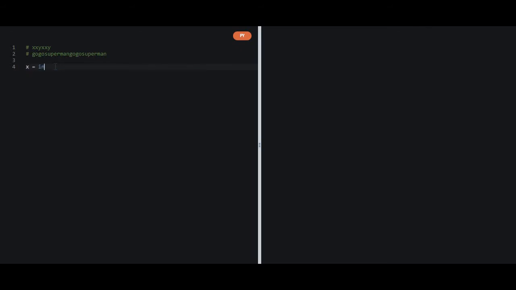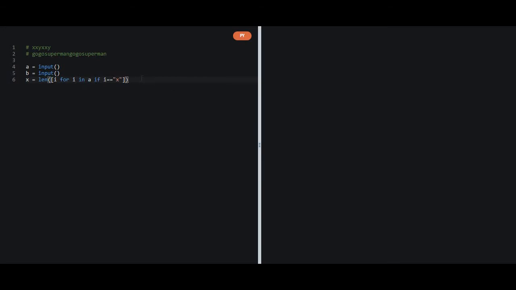So first we will take the two inputs we have. Let us name them a and b and not x and y, because we are going to make another variable x and y. So our x variable will contain how many x's are there in a. For example, x is equal to len of i for i in a if i is equal to x.